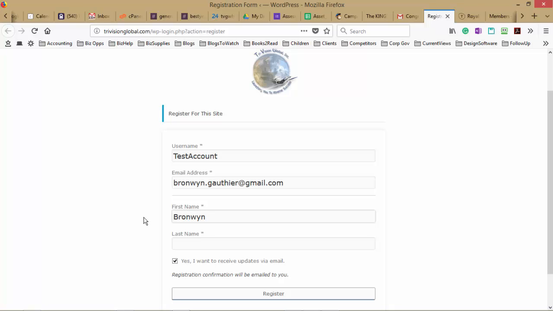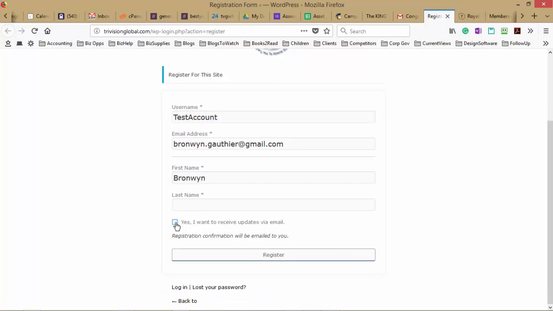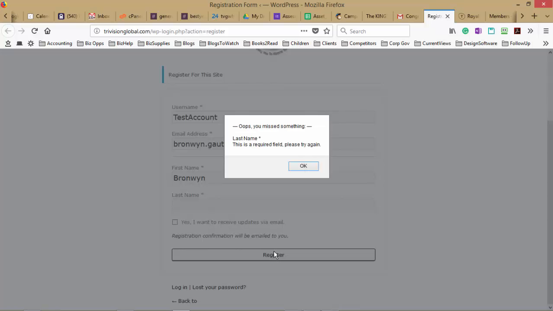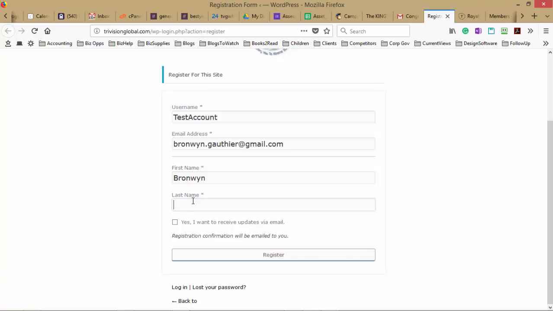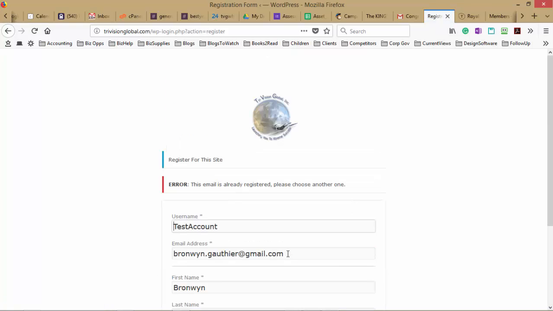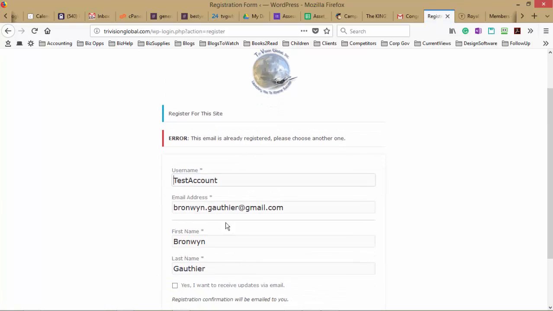What's going to happen is it's going to take you to the next screen. So we're going to go ahead and register. It's going to put her in the system, and it looks like the email is already registered. But basically this is what's going to happen.